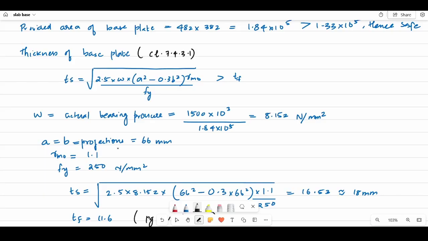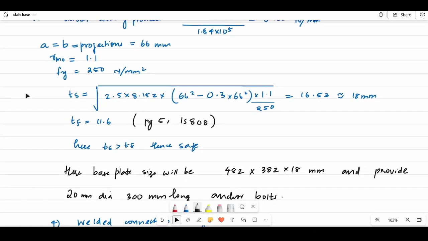A and B are the larger and smaller projections. In our case, both projections are 66 mm, so both will be the same. Gamma m0 is the material partial safety factor obtained from table 5, which is 1.1, and fy is the yield stress, which is 250. So we substitute all these values to find the minimum thickness of the slab as per clause